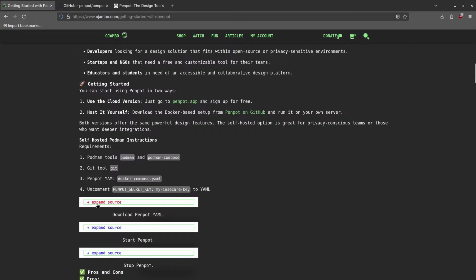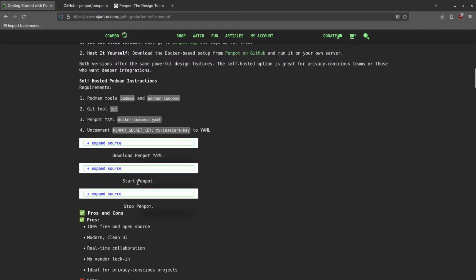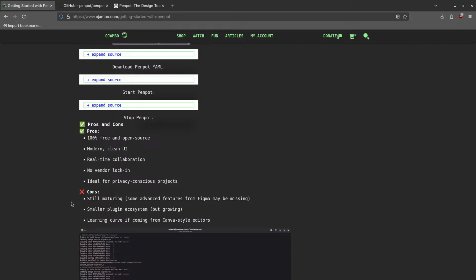So this is the code here, how to download it, how to start, and how to stop. At the time of this recording, it was still maturing, so some advanced features from Figma may be missing. It has a smaller plugin system, but it is growing, and the learning curve if you're coming over from Canva